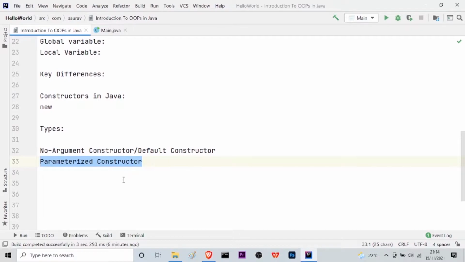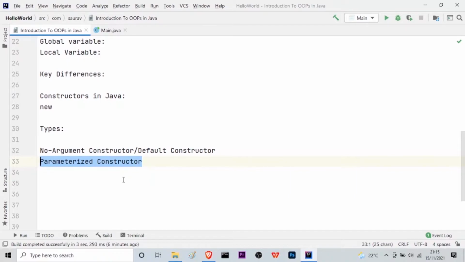Here I want to tell you one more important point: why is this called a constructor? That is the main question, right? It is called a constructor because it constructs the values at the time of object creation. Whenever we create an object in Java for any class, the constructor builds or constructs the values at the time of the object creation or instantiation. Is it necessary to write a constructor for a class? No, because if we do not write a constructor for a class, the Java compiler creates a default constructor if your class doesn't have any.